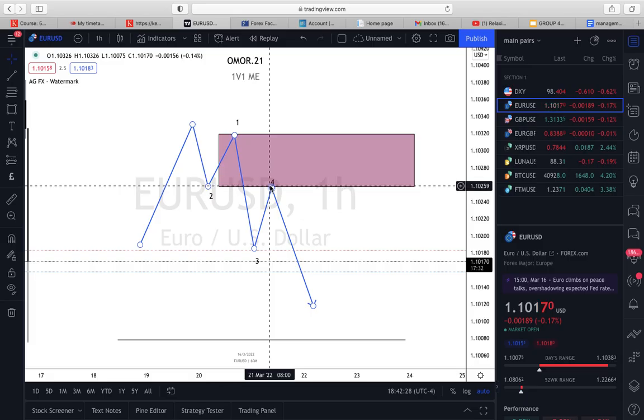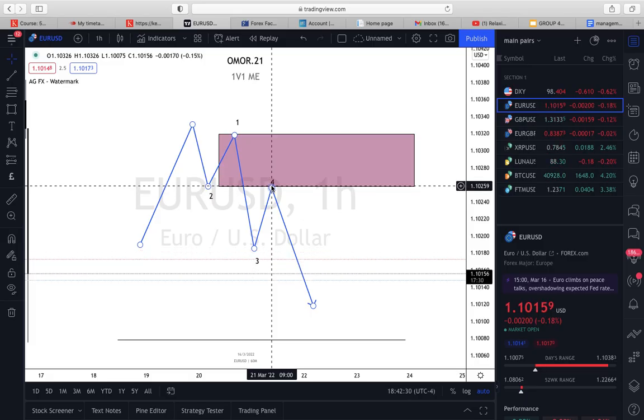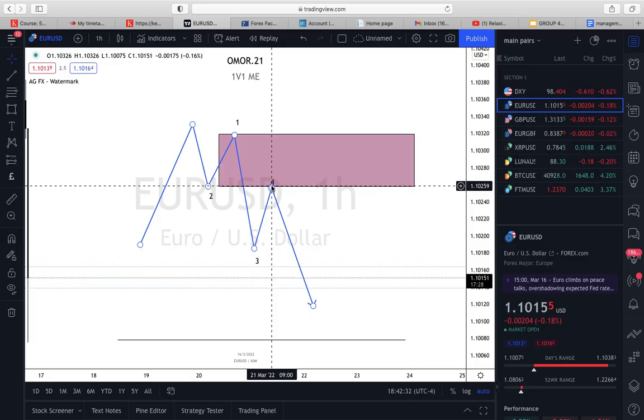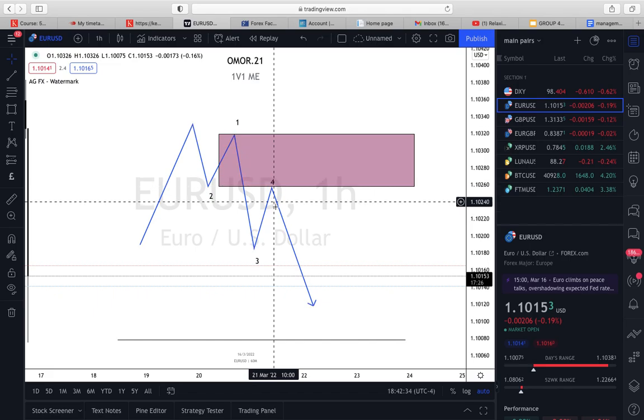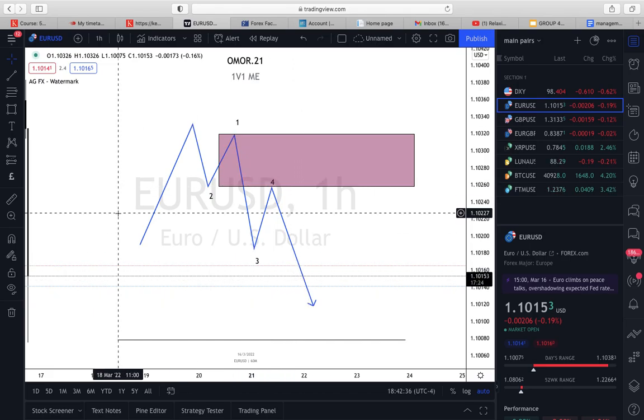Price comes up, allows them to break even, right? It allows them to break even, and price comes down. Now, price then,